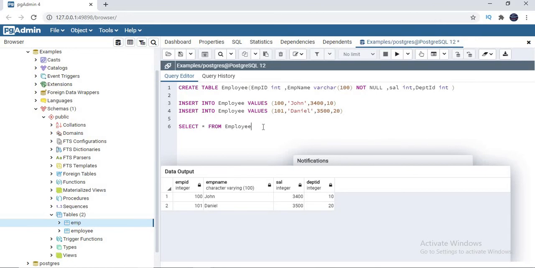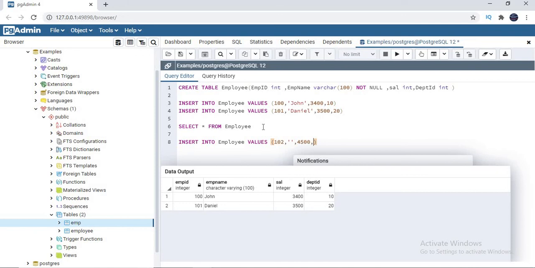Now let's try the negative scenario, the unfortunate scenarios. Insert into employee values, 102, comma, I don't have any value, comma. Ideally, as an engineer, I know that without a name I cannot define an employee. Let's put the salary as 4,500.